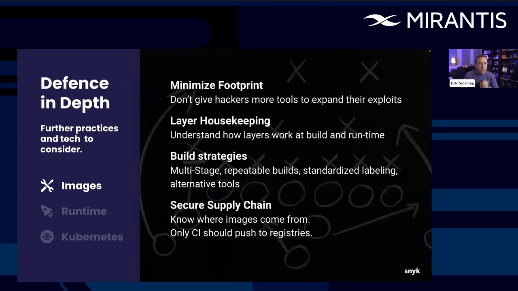And then finally, secure supply chain. There are entire conferences now dedicated to this, so I can't cover that here. But the 10,000 foot level is know where your images are coming from. Images that you're going to deploy somewhere should always be coming from an auditable place like a CI server or some kind of build that is auditable. An image that Eric makes on my laptop should never get deployed anywhere important, because you have no idea what I was doing or what other malware was crawling around on my laptop when I built that thing. So always know where your images come from. Images you're basing on should be in most enterprise environments.